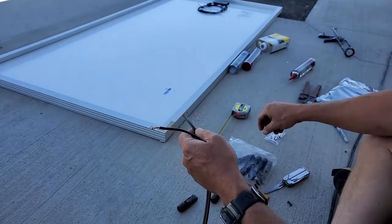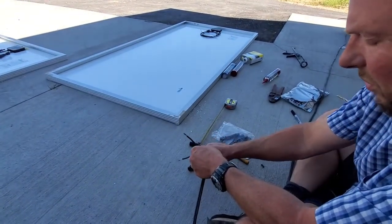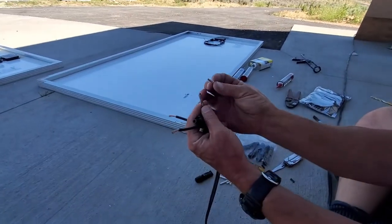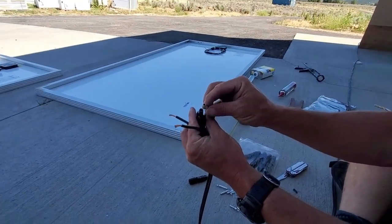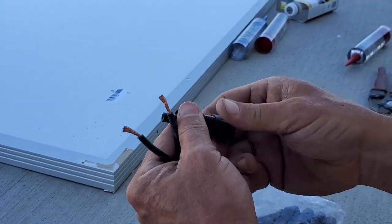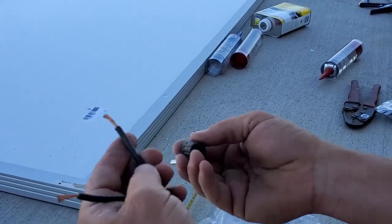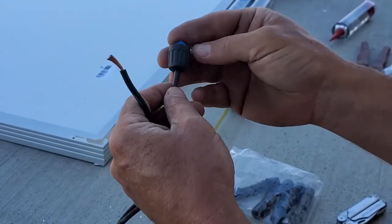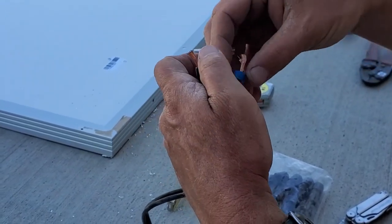So what I'm going to do is these little pins, and this is for the MC4 connector. Now the barrel pin, the big wide pin, you'll notice there's a narrow pin. This barrel pin over here goes into this connector. So all I'm going to do, don't forget to do this first, you notice a little rubber over there, is I'm going to put the striped wire on the little male, it's hard to tell which is male and female of this. It's the one with